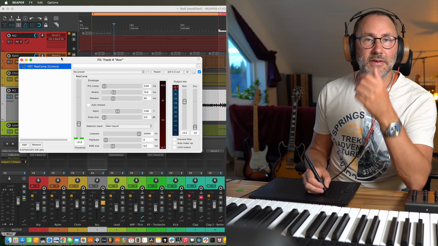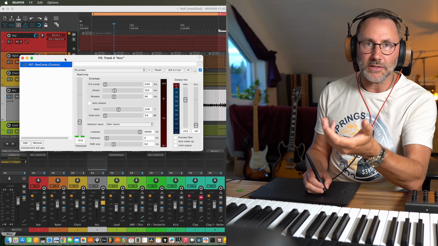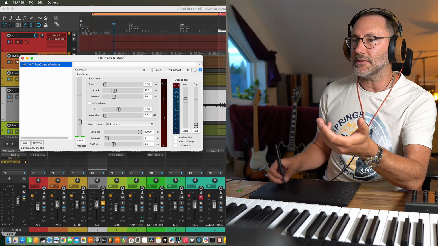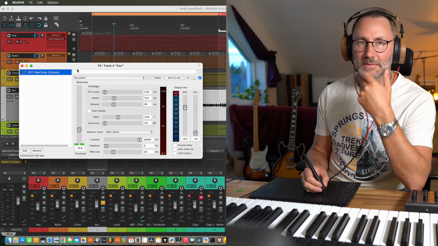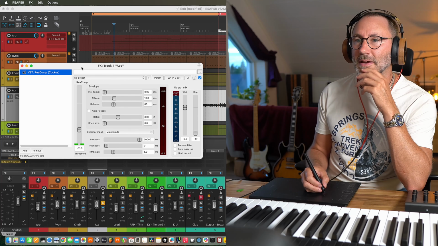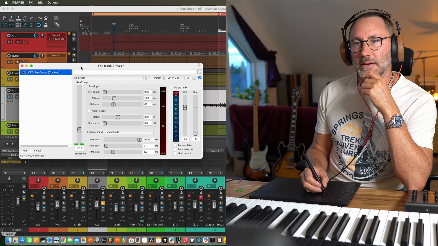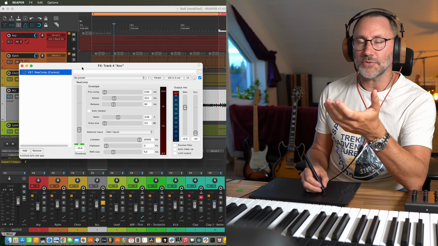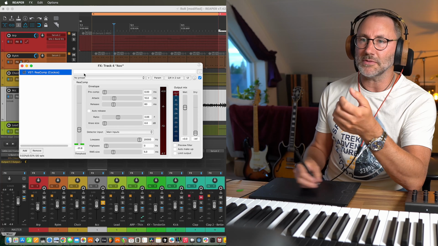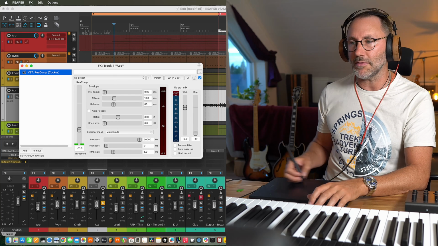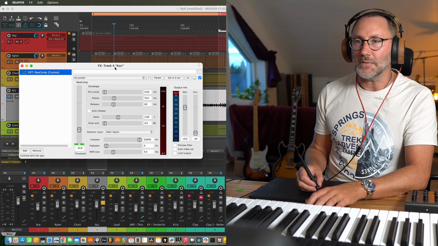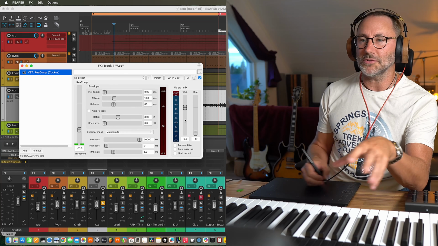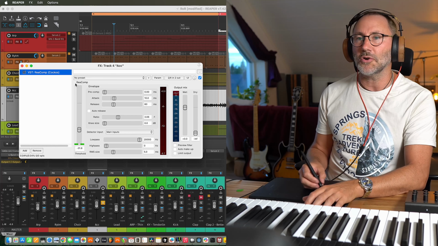And another point here, I really wish we could have this effect window in the dark theme, like the rest of the application, because it looks a little bit weird. Windows 98, like I said, compared to other DAWs, when we get these really bright white backgrounds blasting in the eyes, when everything else is in dark mode. But anyhow, that's just a point. Maybe if you know how to turn this into dark mode too, let me know here in the comments.